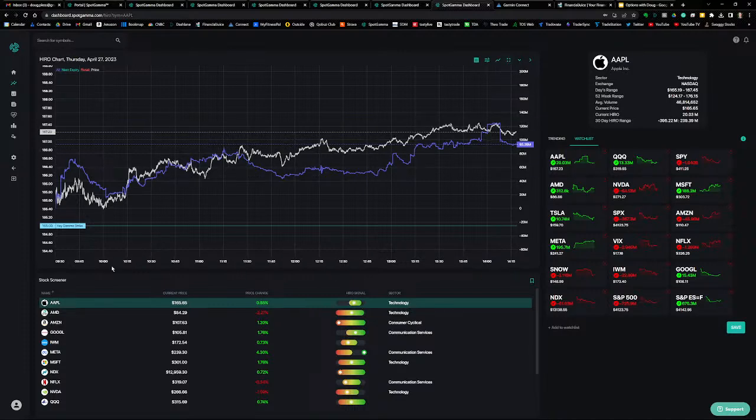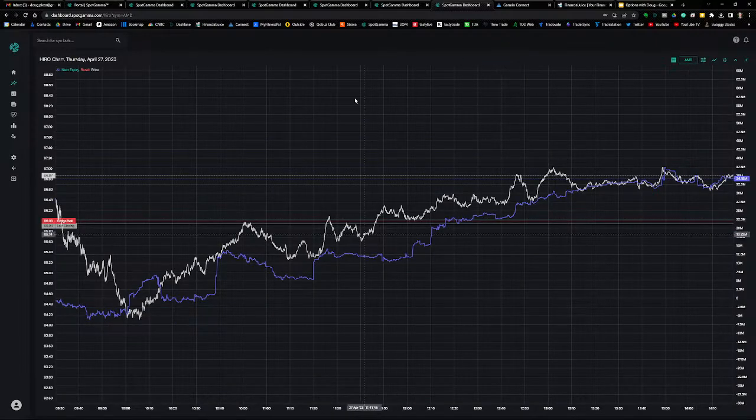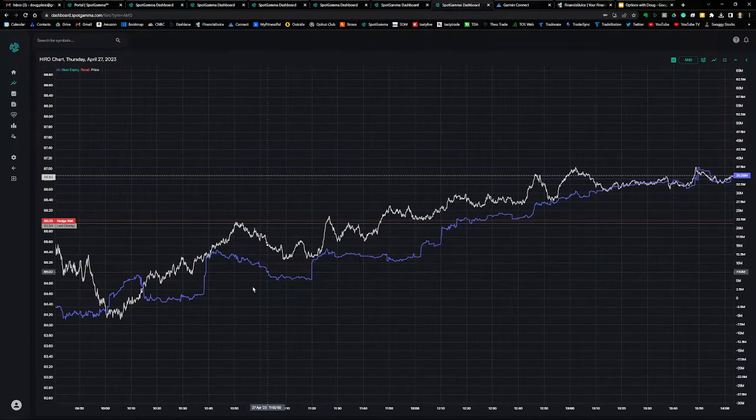Let's take a look at AMD. And here this was a divergence long. Note the Hero signal. Zoom in a little bit on the morning. Showing this purple line starts to move up 5 or 10 minutes before price moves up and price reverses higher. And there was a target at the 86 hedge wall, and now price is trading above that.